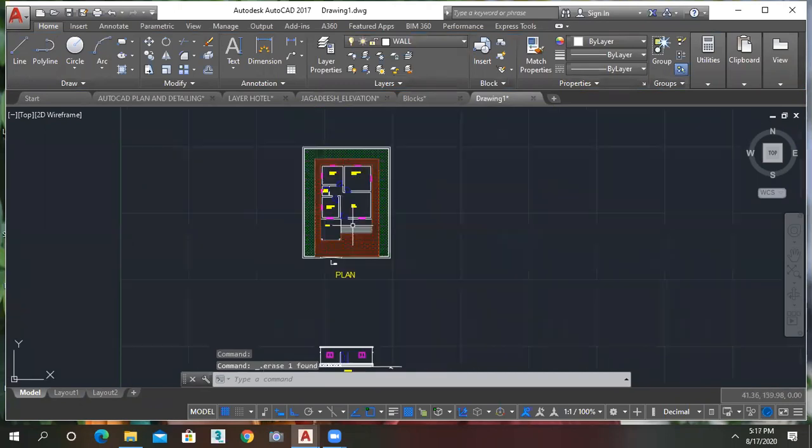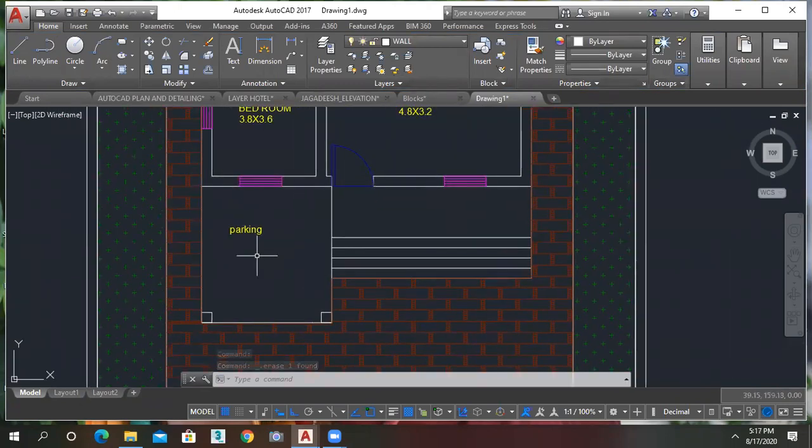And in the elevation also, if you want to place a car, then you just press Control 3. Okay, press Control 3. I think it will take some time.